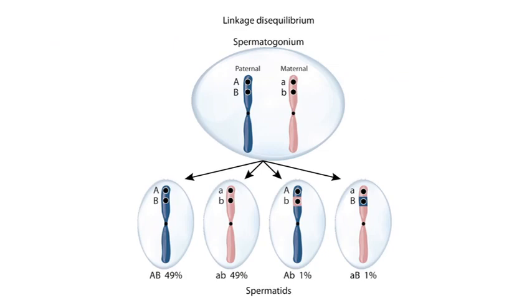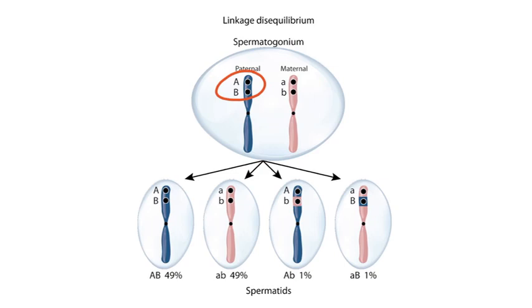This is a figure illustrating linkage disequilibrium, which can be found in section 3 of genetics. Notice that this is very similar to the last figure, but this time the two alleles are shown close together. Because the alleles are close together, there is a decreased chance that recombination will occur. Hopefully this is intuitive. There are fewer places where the chromosomes can break,